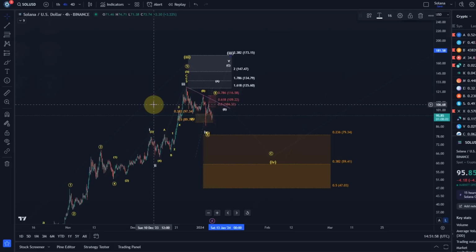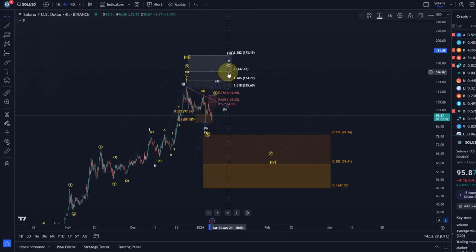However, the boundaries are fluid. You can't say, now it's white wave 4, and we get one more high, and now it's yellow wave 4. It's all about dynamically assessing probabilities. It's a very dynamic market, so following someone who's regularly updating the chart can be quite useful. The idea is that in the white scenario we can see one more high, maybe a marginally higher high, towards $134, $147.